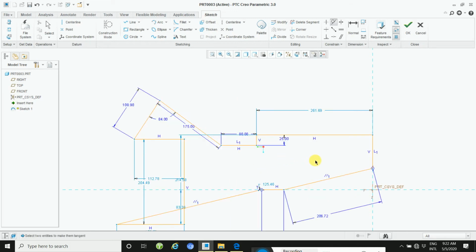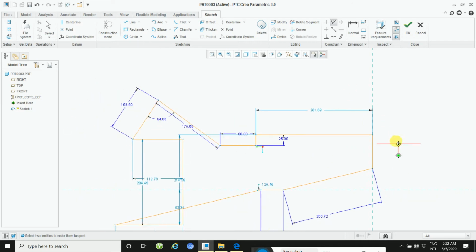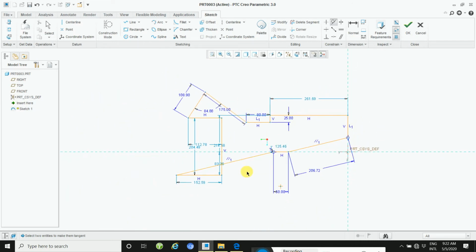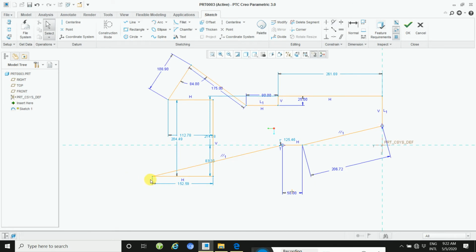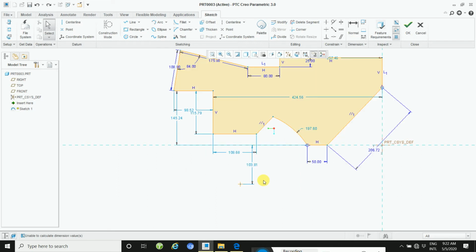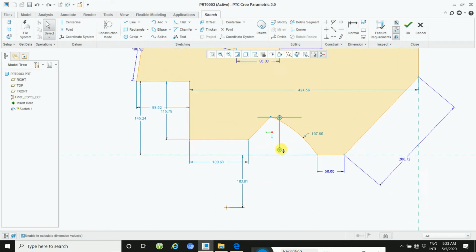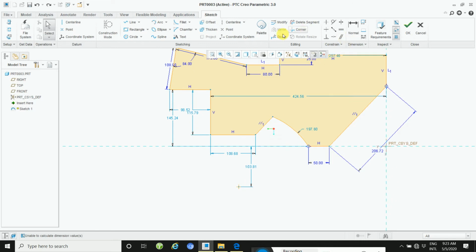Okay, this way. Click and then adjust. I think control Z. First you will define, then you will tangent, because